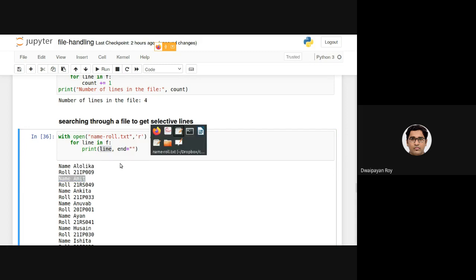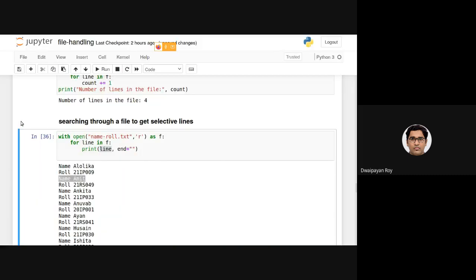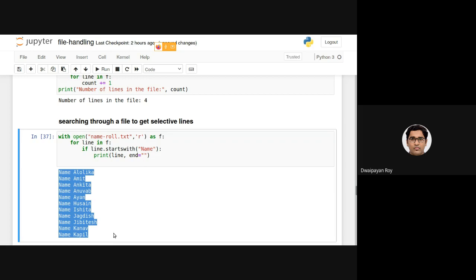Now I know the format of the file is that the first column is basically name, then roll alternatively. If I want to print all the names, then I just need to check if line dot startswith, I can specify name, then only I'll be printing the corresponding line. If I execute this, it will only be printing the names.